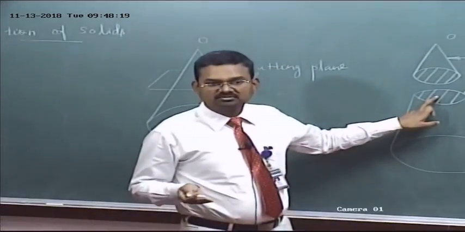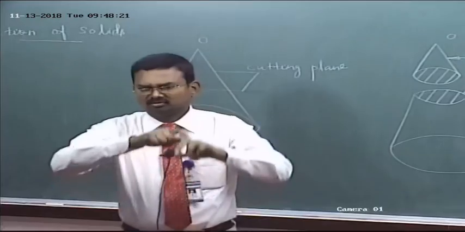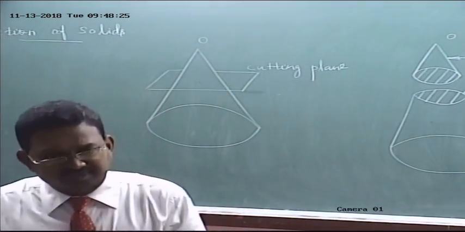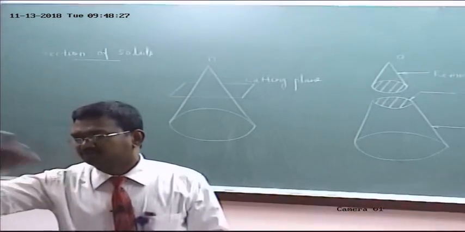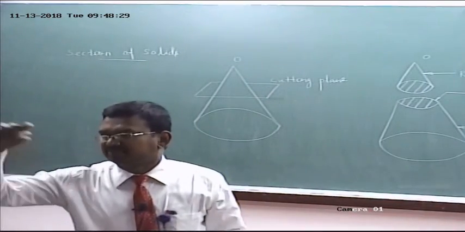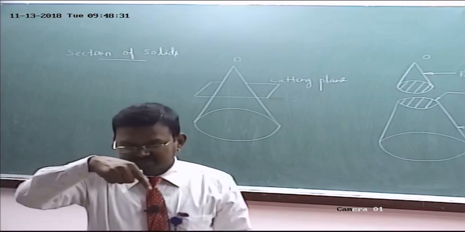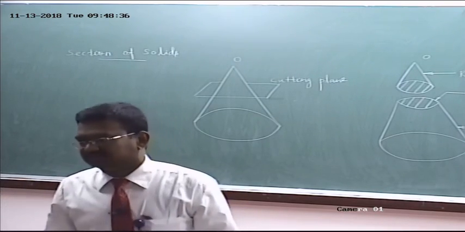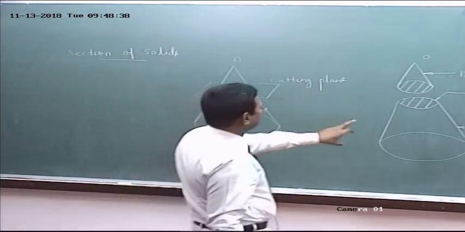No, isn't it? See, this is a cone. The cone is cut by a cutting plane which is parallel to the base. Then remove the portion between the cutting plane and the observer. Now, refer to the cut surface. What about the shape of the cut surface? Circle, isn't it? So, in the front view, I have drawn like this.